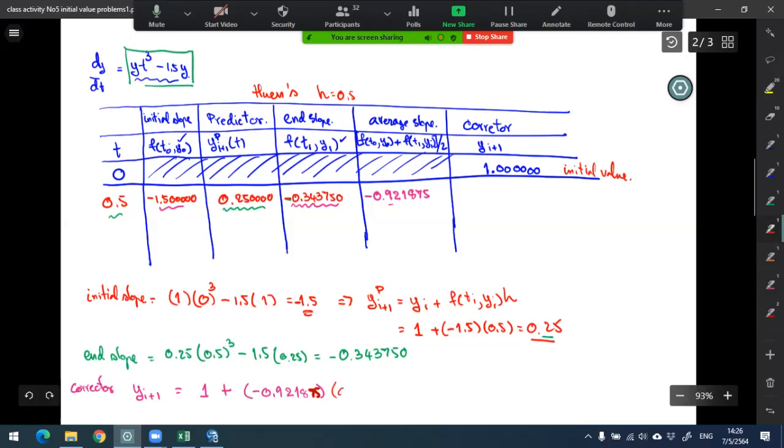H is 0.5. Okay, h is 0.5. So then, what is it? So we got a solution of